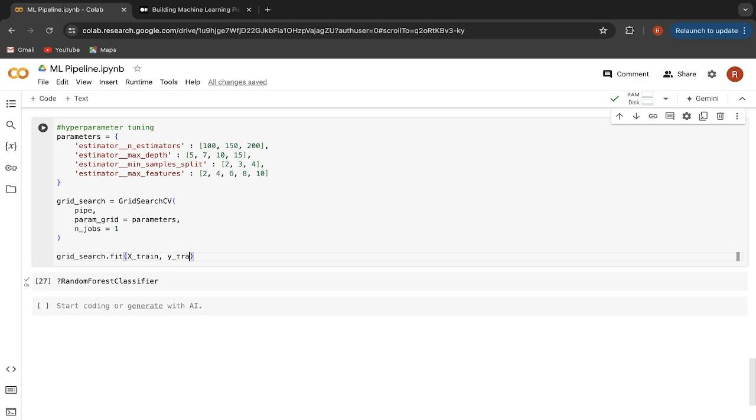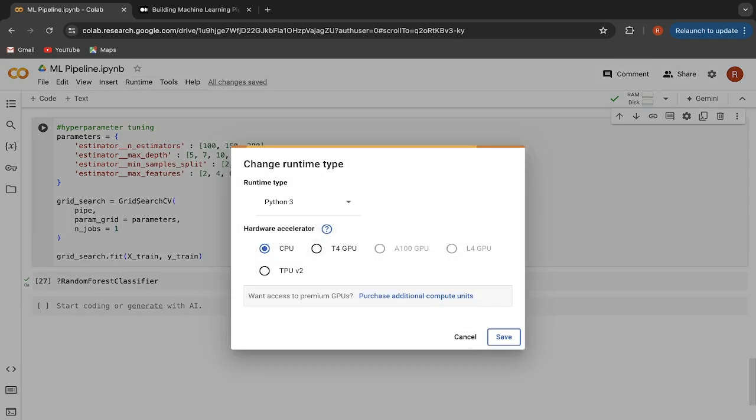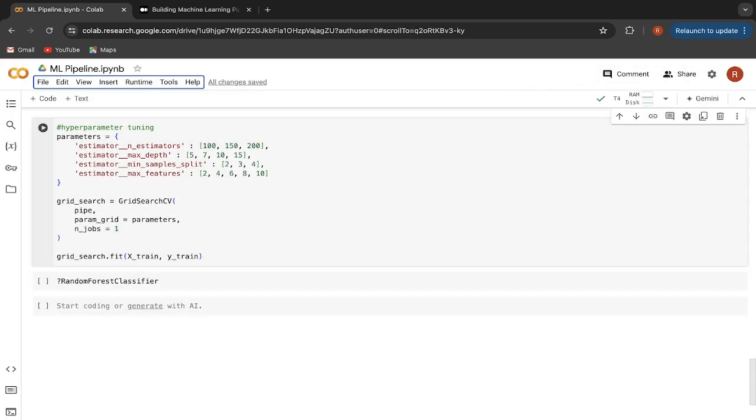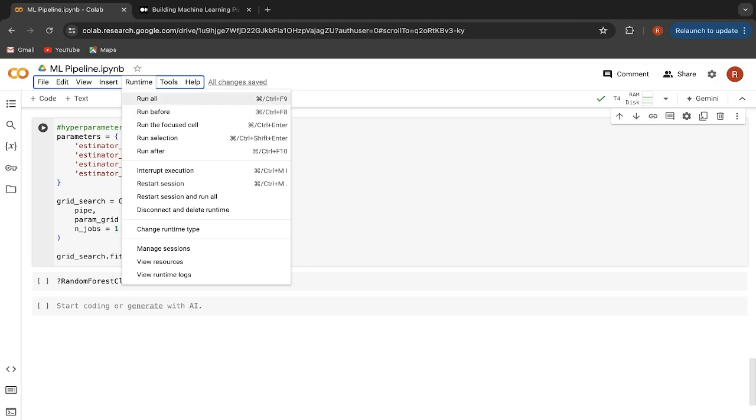Now before running this, it will be very heavy for the system to perform all this pre-processing. Hence, let me change my runtime type to GPU. And after connecting to the GPU, we have to run all these cells again from the beginning. So let me say here runtime, and